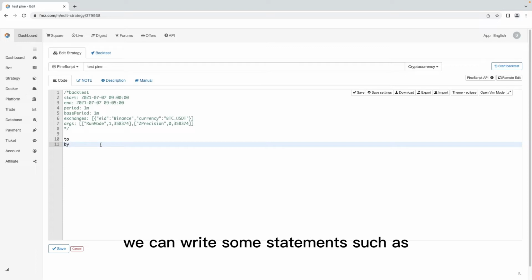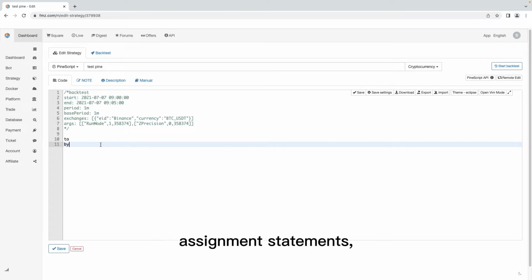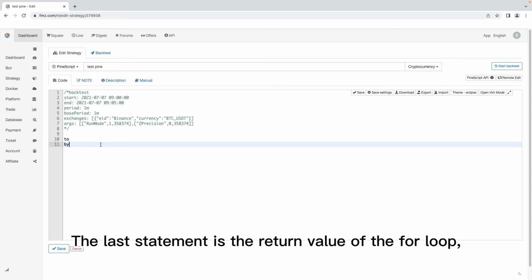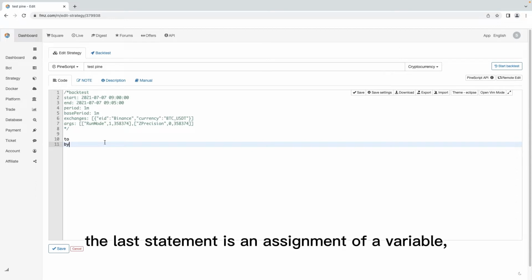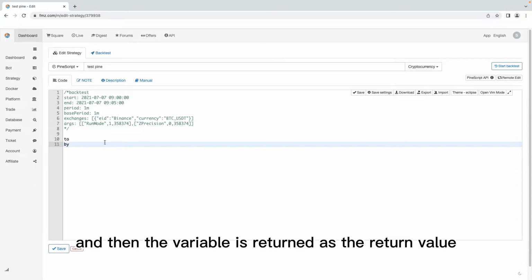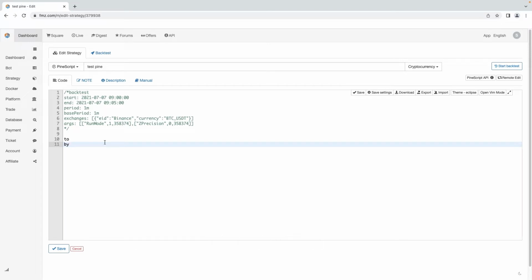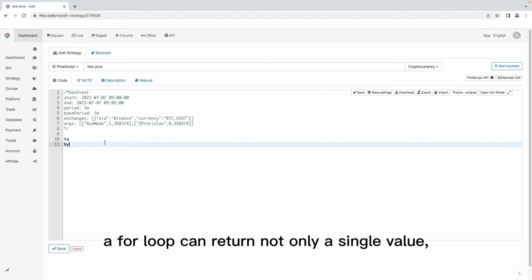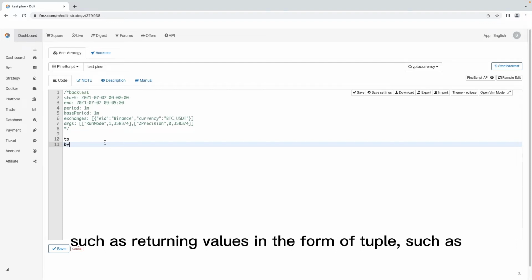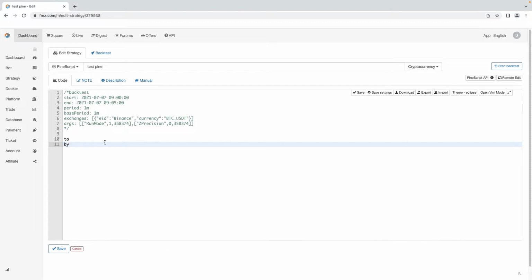We can write some statements such as assignment statements, function calls, etc. The last statement is the return value of the for loop. For example, the last statement is an assignment of a variable, and then the variable is returned as the return value of the for loop. Let's write a specific example for illustration. A for loop can return not only a single value but also multiple values in the form of a tuple,